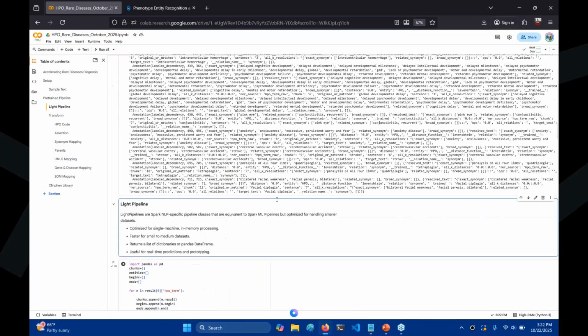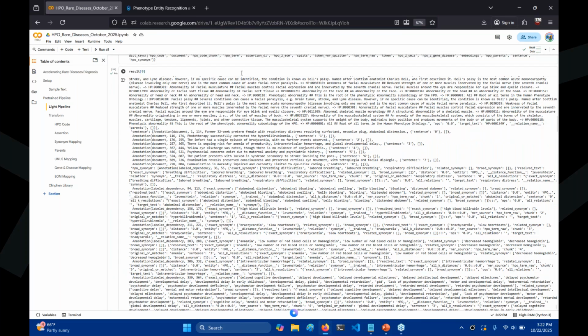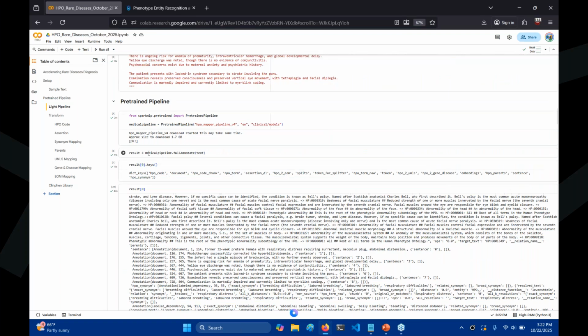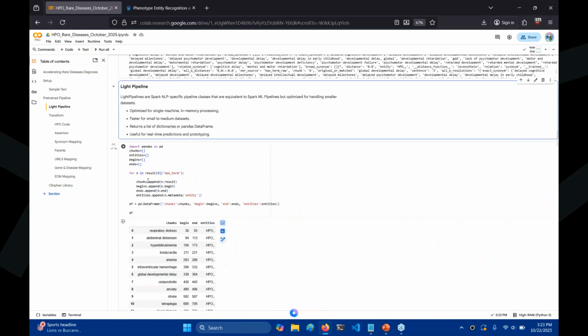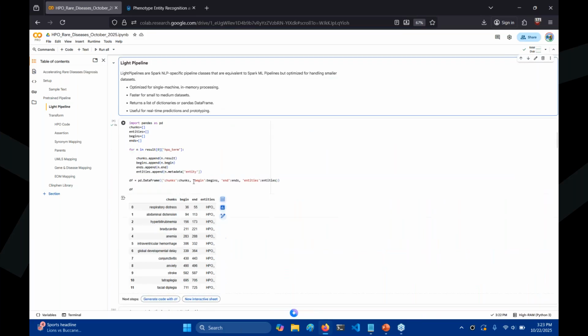Maybe it's too much here. So normally what I did was the fit transform. Remember, it's like getting the prediction. Full annotate also gets the prediction. So we have the model, we just define it and then get the full annotate, and then we have the results here. So you give the text, you get the results. And in this case, just a few lines of code. I'm interested in the chunks here extracted by the model, begin and end indices, and then the label here. There is only one label here, HPO, so no problem with that. You just run it. You see that there are only 12